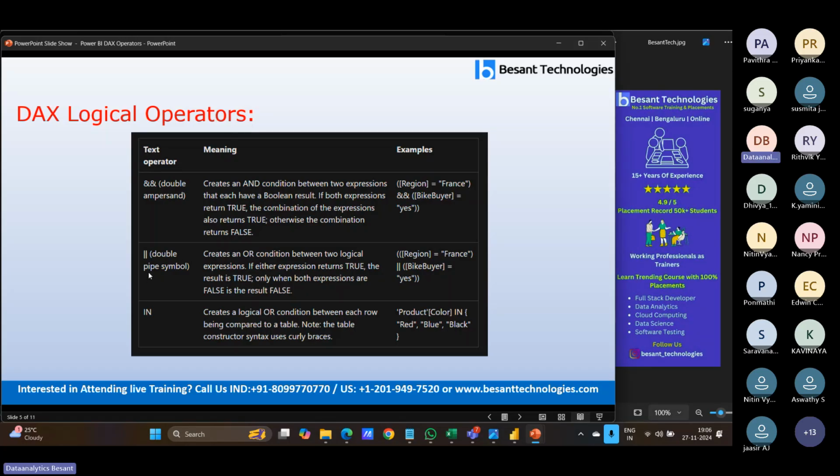And then we have the double pipe symbol, where Region is equal to France or Bike Buyer is equal to S. And the IN operator, where we have Product Color in red, blue, black. These are the DAX logical operators, which return the output as true or false based on the condition. The first is the double ampersand, or the double pipe symbol, which denotes the OR condition. Then the IN symbol,